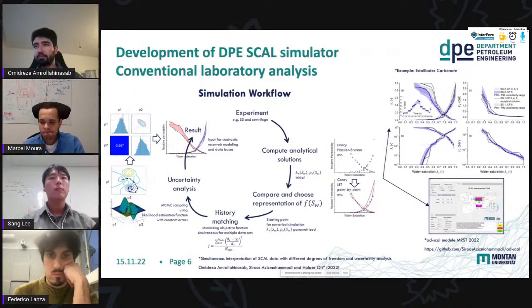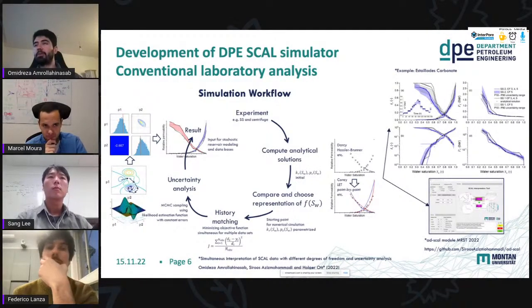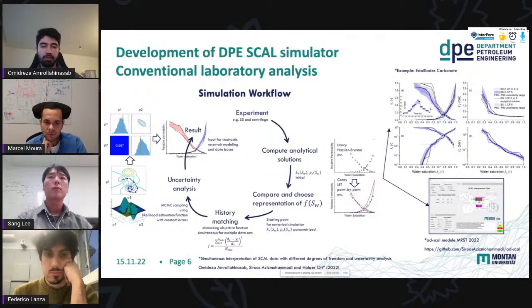Yeah. So what we have done here is also a part of the MRST package. So this is open source. You can download it right now and give it a try for yourself. And the graphical user interface that you see here, this is what we use for our courses that we teach at the university. So coming back to the topic,